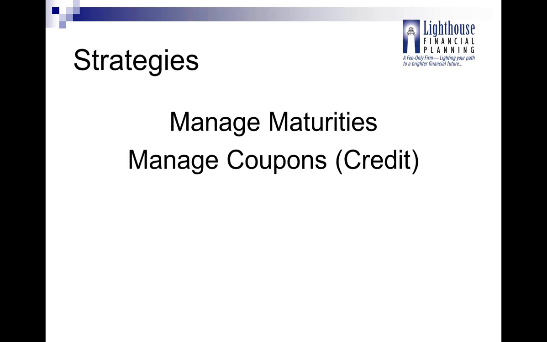We manage our maturities, depending on what interest rates are doing. And the second one is we manage our coupons. In other words, we manage the credit quality of the issuer. We might want safer, or that doesn't mean we're taking crazy risks or anything, but if you move from a AAA credit to a AA credit to a single A credit like that, you would expect some increase in rates for the same maturity.